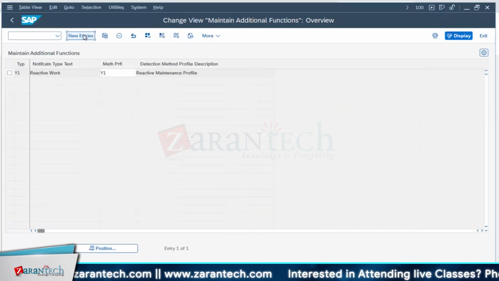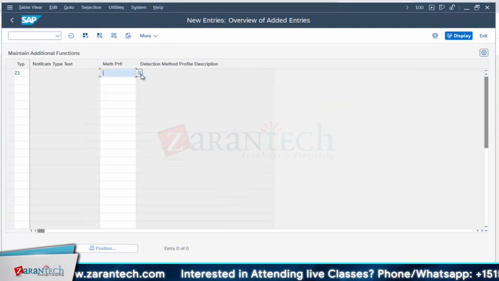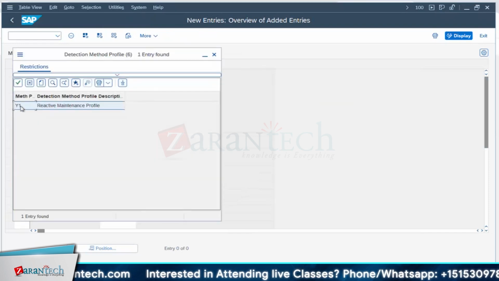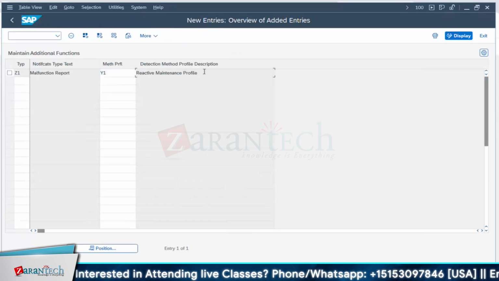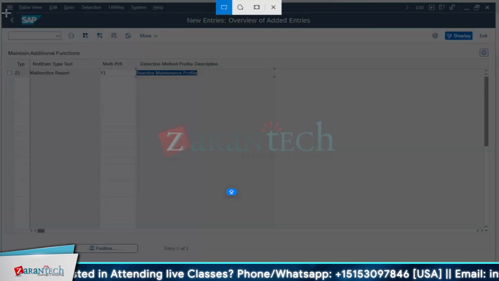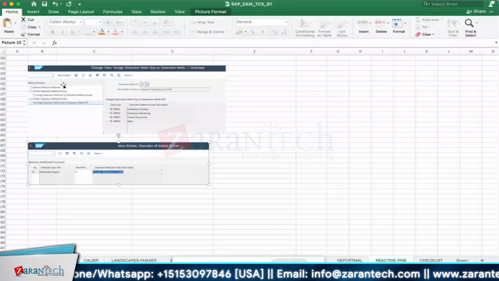So go for your inventories. Okay, z1 is our new notification type which we had created. What profile? Just now we worked on one profile, that is y1. But we have seen all the configurations. If you require, we can create our own also. So this is the most important one. This is the reason this particular z1 can see this profile,